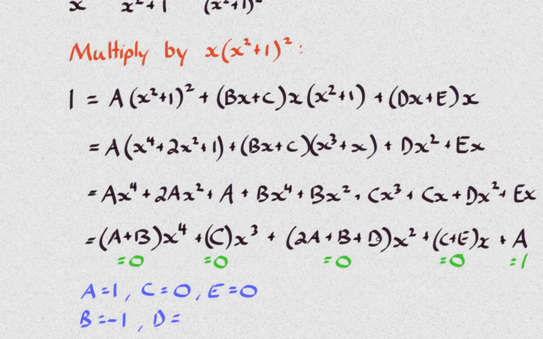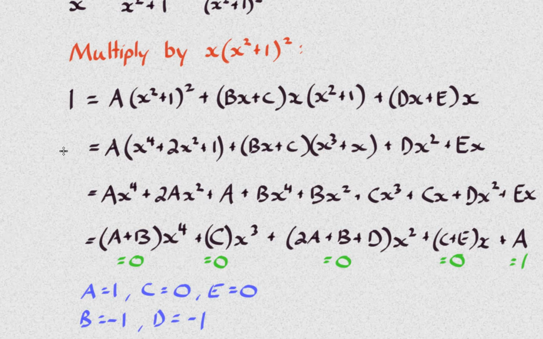So 1 plus d is equal to 0. So that must mean that d is negative 1 as well. And so we have our 5 values. So even though we had to expand and equate coefficients, this one was actually kind of nice because of all the zeros. And so there we go. There are the values of a, b, c, d, and e,